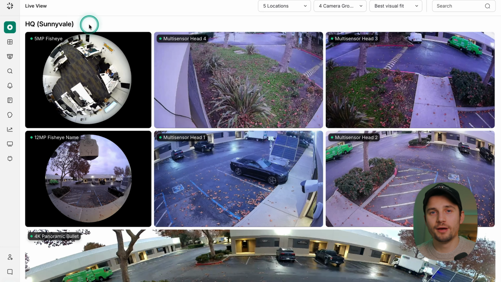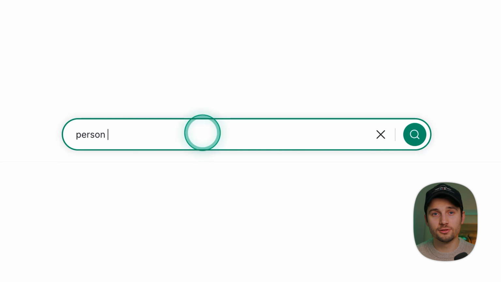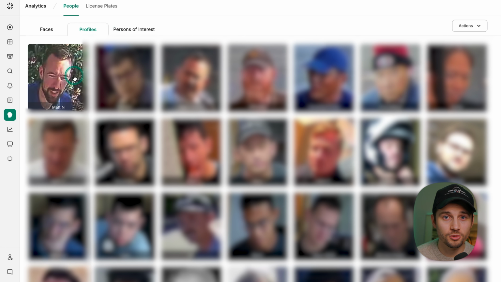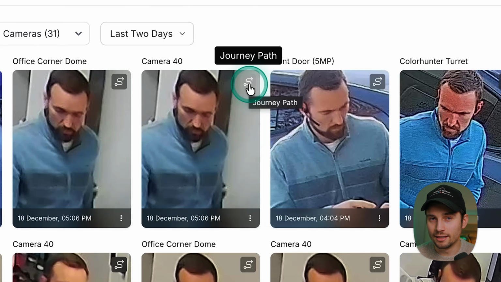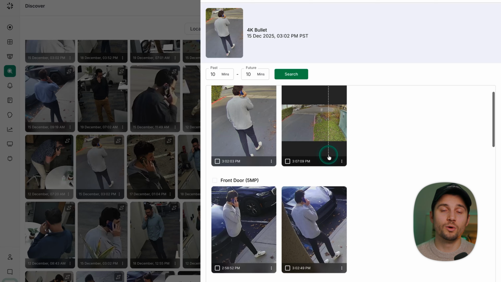So how does Journey Path work in Coram? Well, the flow is pretty straightforward and you can initiate it in multiple ways. For instance, from an AI search result, an alert, the timeline view, or directly from the faces and profile sections in AI Analytics. Basically, what you want to look for is the Journey Path icon, and once you click it,